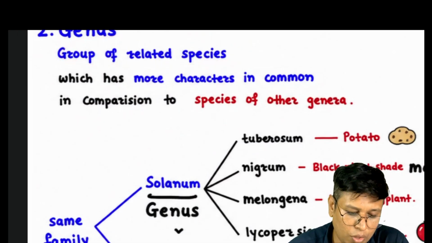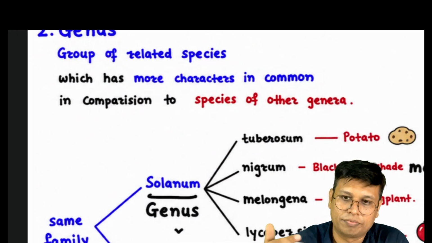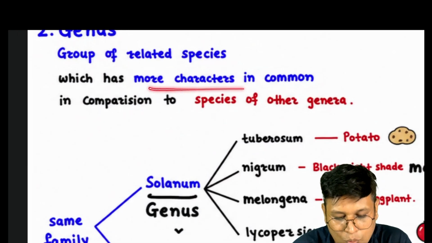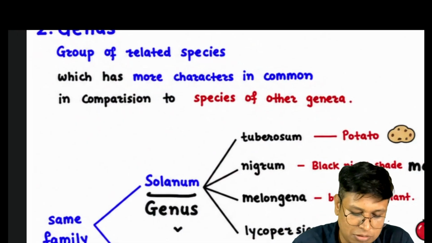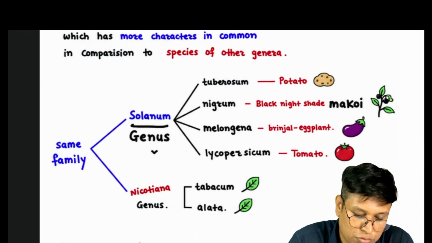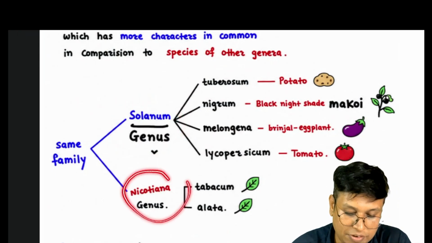A group of genera is called a family. This becomes very easy. But what they have added is more characters in common compared to species of other genera. So let's see this with an example. Example is very easy. We have the Solanum genus, and another one is